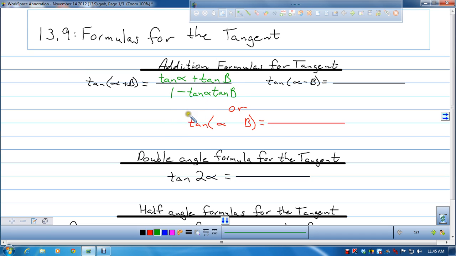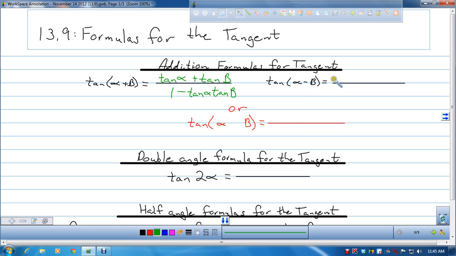Okay, so if you're keeping track of the signs, the sign in the numerator will match the sign we have here, and the sign in the denominator will be the opposite of it, and that pattern follows over to when we